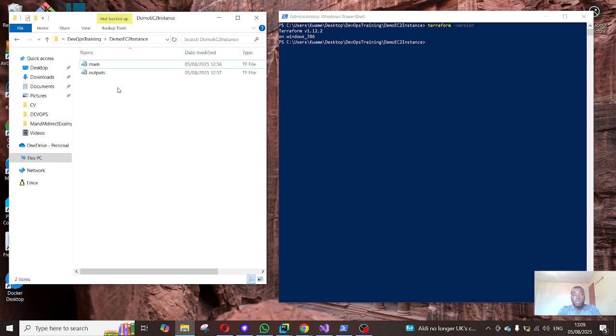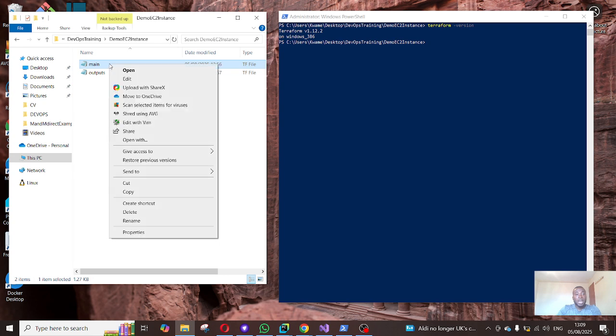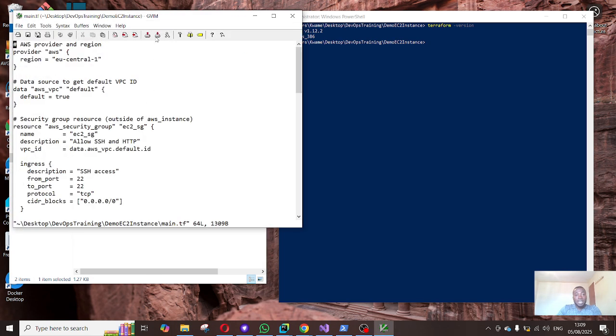Now, to begin with Terraform, we need a couple of Terraform files. And most importantly, we've got a main.tf file here. That's the main important one. The output is just equally as important, but it can be optional. So if we review what's inside this file,